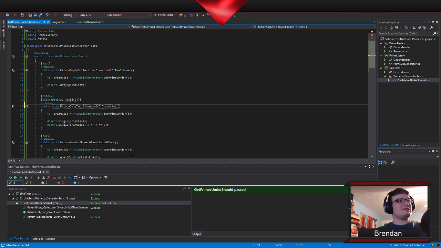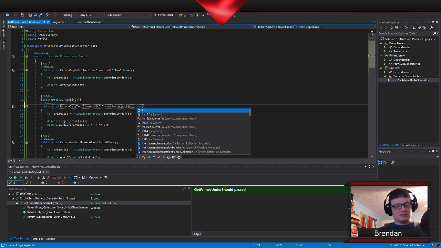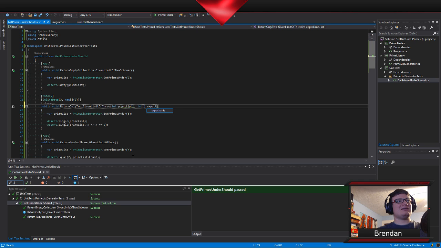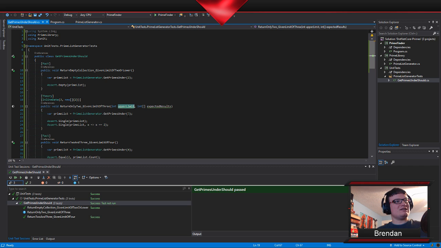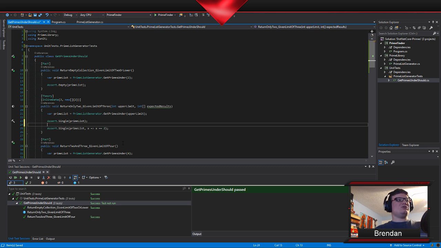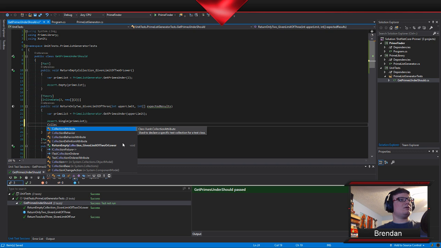So this is upper limit, and this is an int array called expected results. There we go. So upper limit is going to get passed into here, and expected results are going to come down here. So what we're going to do is do a collection assert.